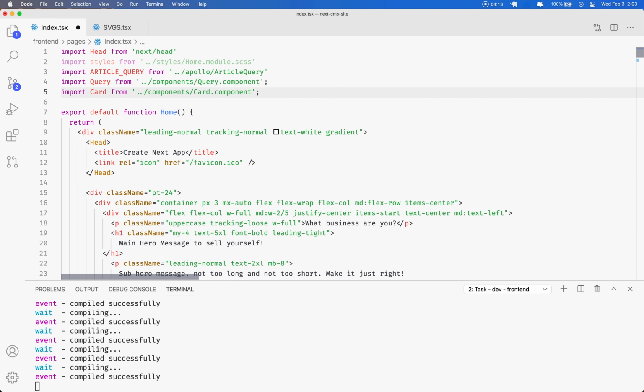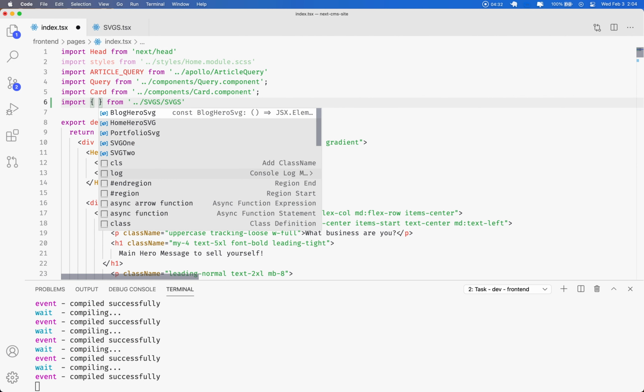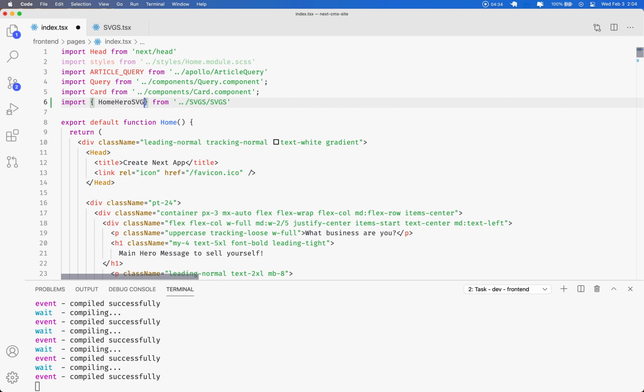So let's go to our import from SVG, and inside that folder, what we're gonna get is our home hero SVG, and then all we need to do is